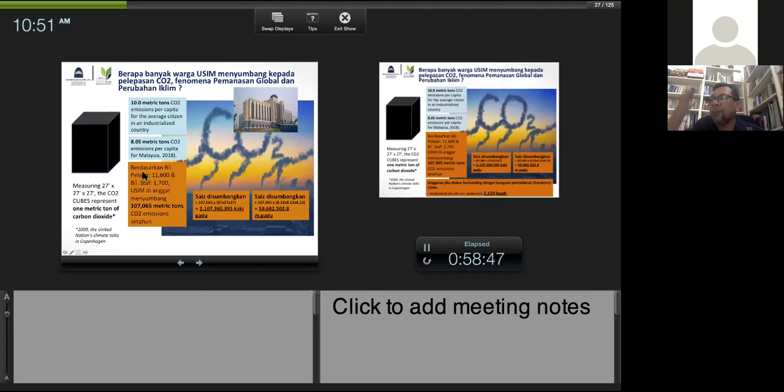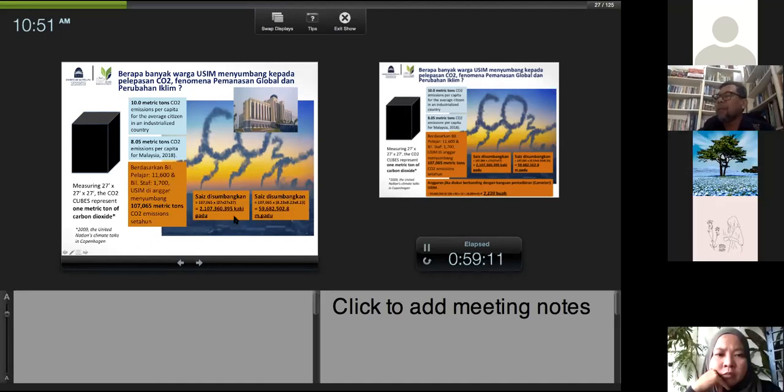That's why I calculated: the number of students is 11,600 in USIM and staff about 1,700. So approximately the USIM community contributes 107,000 metric tons of CO2 a year. This is on average. And if I calculate based on the size of the Chancellery building,